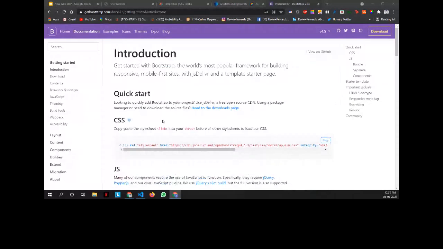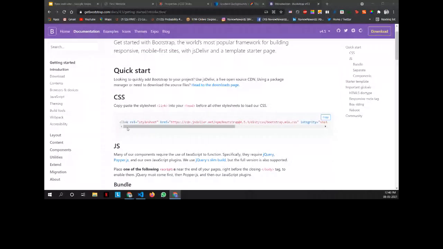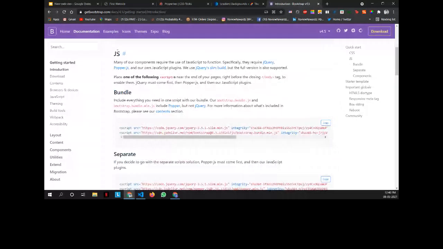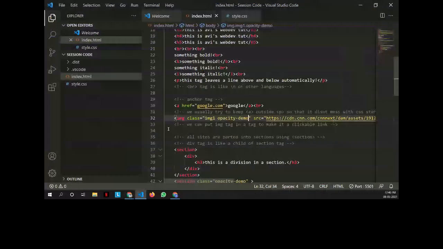The first thing is that we need to make sure to link this style sheet, as I showed you all yesterday, that this is external sheet linking. That is, someone has already written the CSS for you, and you just have to add the class names inside your CSS properties. So you have to copy this and add it in your header tag. Similarly, you have to add these JS files. Don't get into what exactly is inside the JS files. You just have to copy it and paste it above your body ending tag.